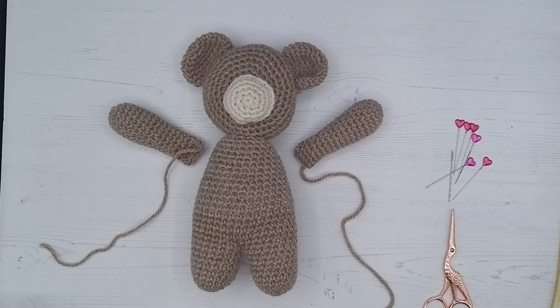Welcome to video tutorial 2022, we're up to... goodness, I'm losing count. And this tutorial is going to be sewing on Teddy's arms. So let's get started. So the pattern tells us to sew them on around below the neck and slightly higher